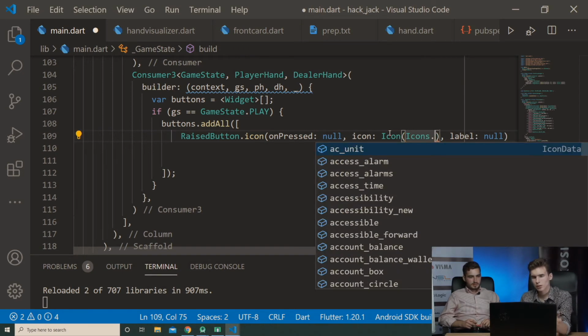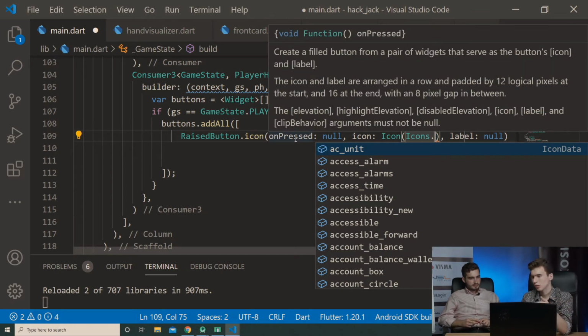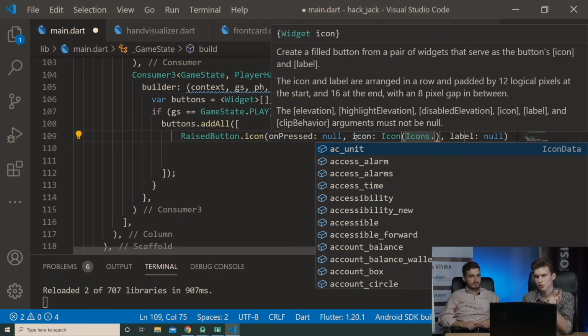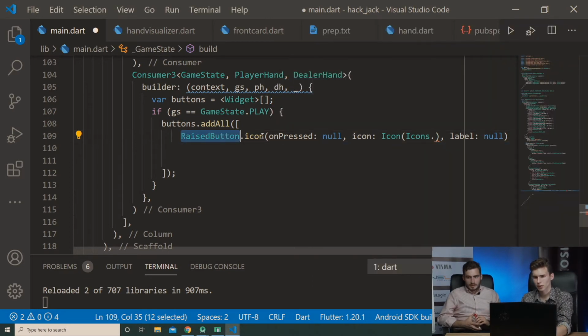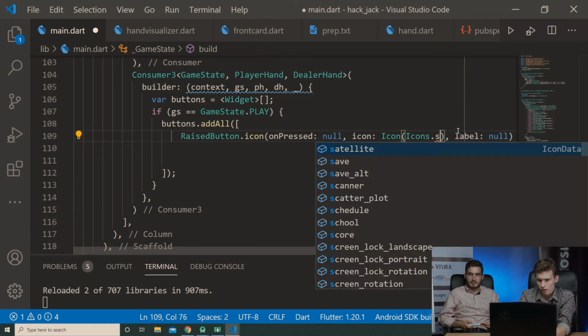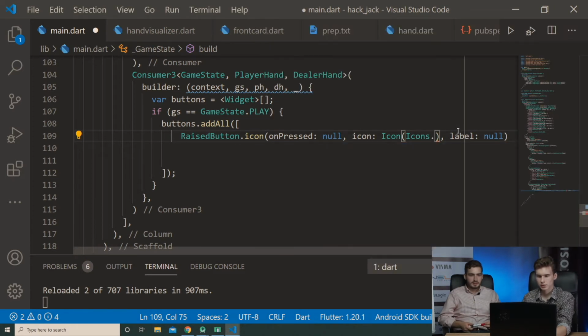Another thing, you could use a row as a child, and you can have an icon and text next to each other. But by using RaisedButton.icon, why don't we just show the users by a hot restart what it looks like? Well, you can just put in the button and then they'll see how it works. Okay, so Icon dot